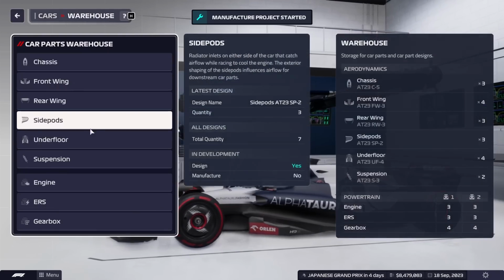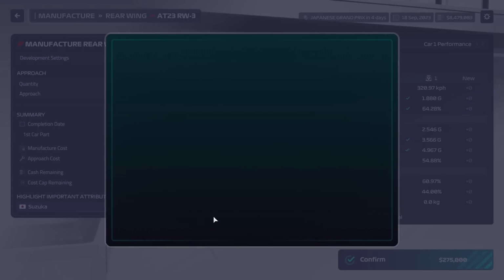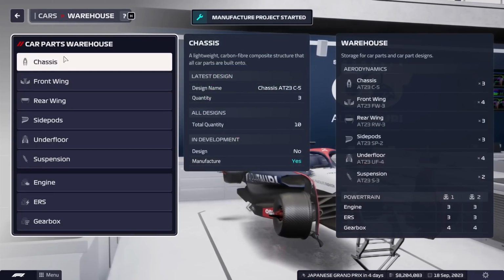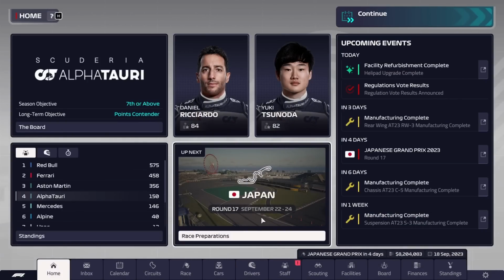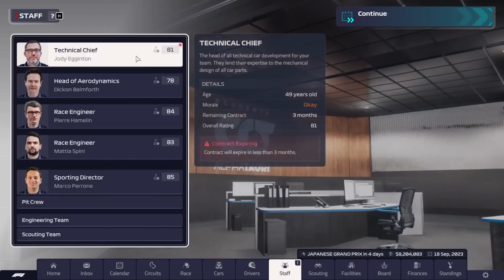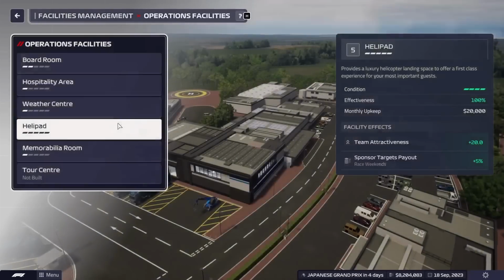We are going to be, of course, needing to spend money for these last few races on things that we need. So with that in mind, it's a little bit of a concern at the moment, and the cost cap, I think, will still be fine. Again, it's the staff contract expiring. We're not too worried about that. And in terms of facilities here,